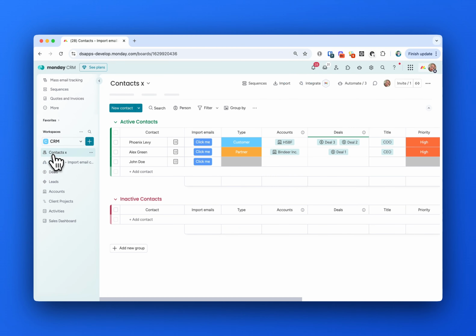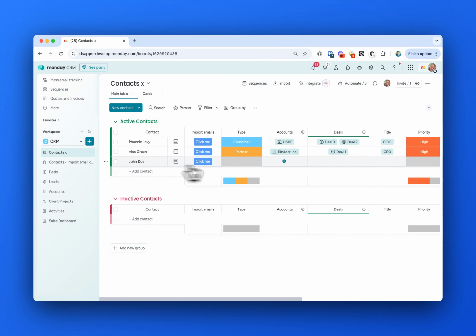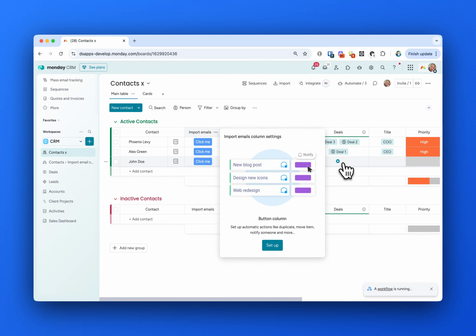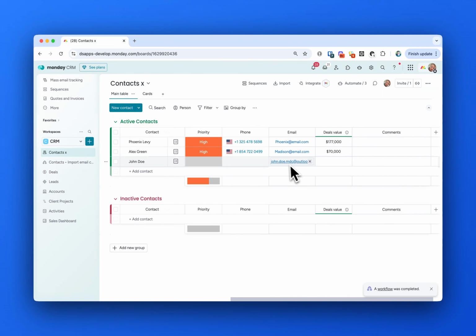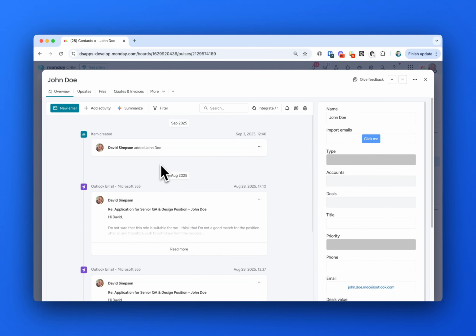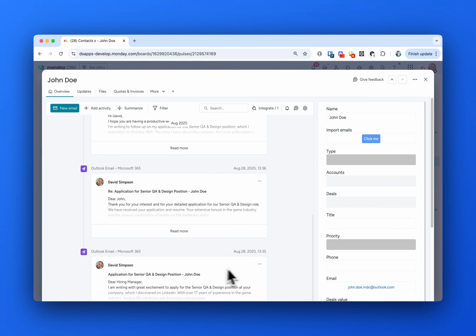Okay, so if we now go over to our contacts, we can press import emails and we can see that this is running and it says it's completed. So what we're expecting is all emails between us and this email address here will now be populated within the activity. And we can see here that we have, if we go back, we can see